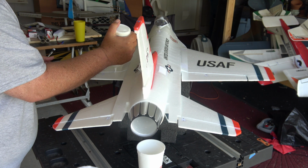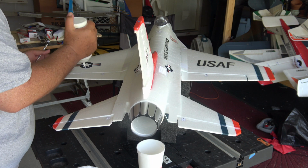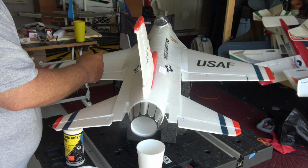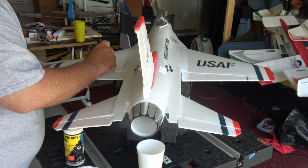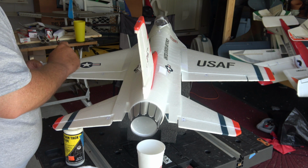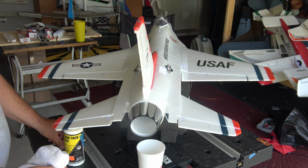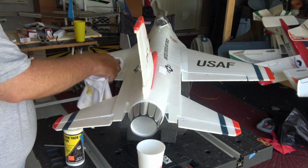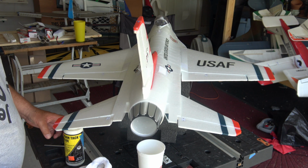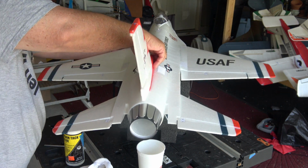It's better than cutting the hinges off, putting hinges on it or anything like that. Then CA hinges. Just a thin coat right in there. That'll work. I got a fly. I need my fly salt. So I got that done, so what I'm going to do now is we're going to flip it over